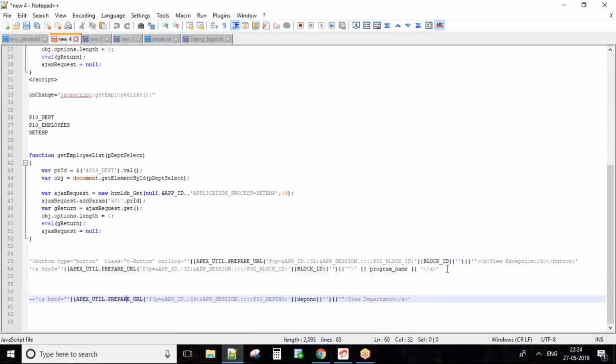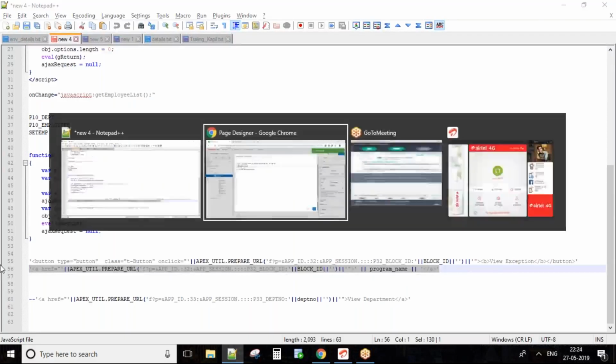Yes, there is an href link in HTML, you must have heard of it. It is used to create links in a website. It's a hyperlink, so we can make use of this. Once I do this,